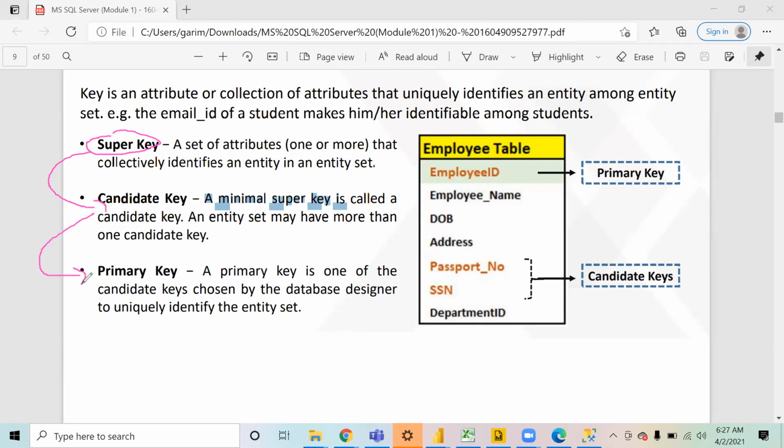So is a candidate key a key which is a candidate for becoming primary? Yes, which has the potential of becoming a primary key. Now this super key and candidate key are just theoretical concepts, but primary key is something that is implemented, right? The candidate key doesn't exist in the SQL Server. It is just for understanding purposes, to know what terms we use to define it.